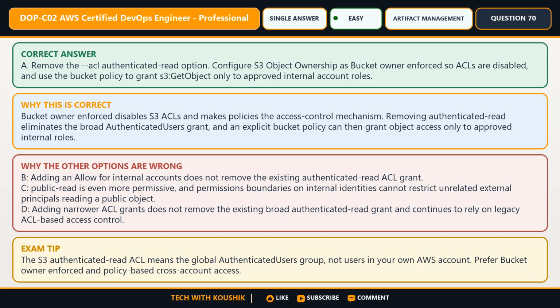Go with option A. Remove the ACL authenticated-read option. Configure S3 Object Ownership as bucket owner enforced so ACLs are disabled, and use the bucket policy to grant s3:GetObject only to approved internal account roles. This works because bucket owner enforced disables S3 ACLs and makes policies the access control mechanism. Removing authenticated-read eliminates the broad authenticated users grant, and an explicit bucket policy can then grant object access only